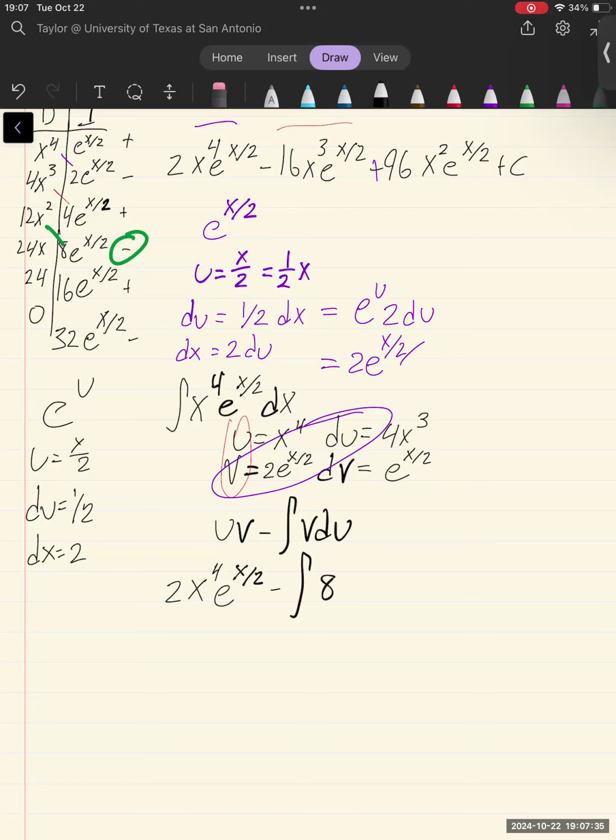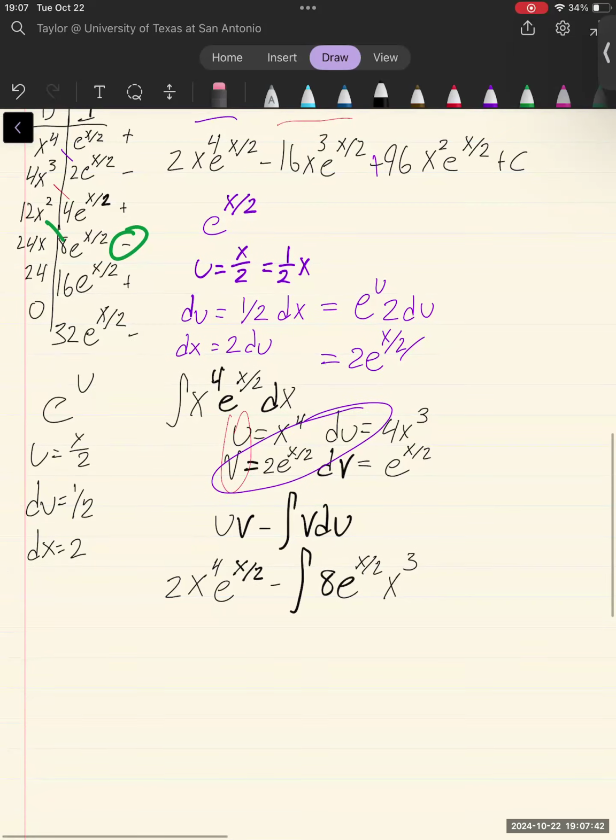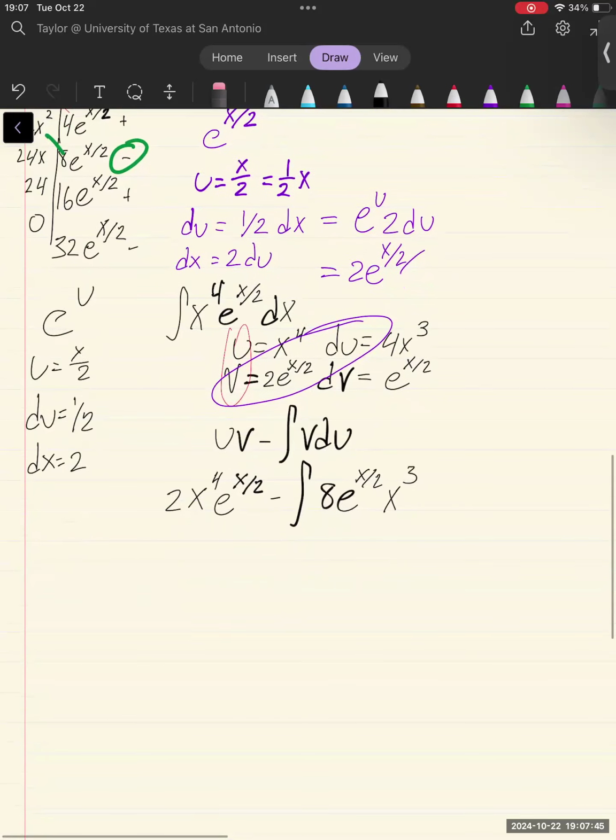8 e to the x over 2 x cubed. And then from here, we're going to do the same thing. Is that correct? That's correct, right? Yeah. u, du, v, dv. And I'm going to do the same thing. I'm going to set up, in this case, we had 4x cubed, giving me 12x squared. And then we had,